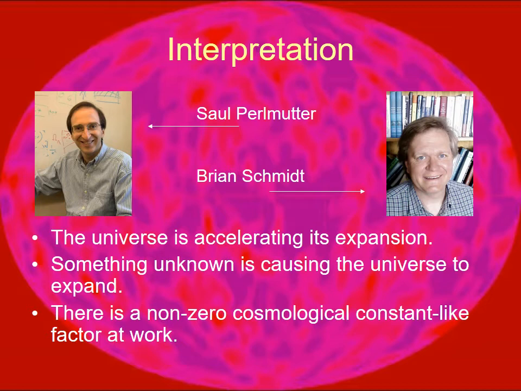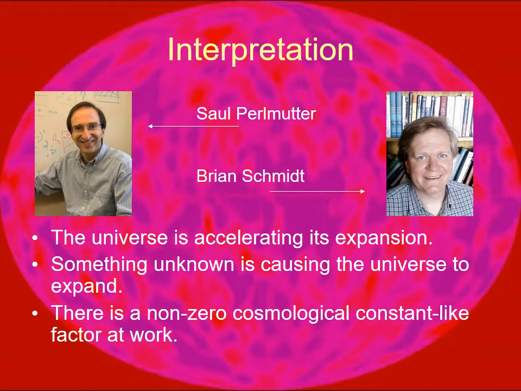Well, they realized, go back to what Einstein did with the Friedman equation. He stuck that extra term in there to balance the universe. If the extra term is exactly right, it balances the universe, you get a static universe. But they realized, wait a minute, that term could be something else rather than just right. You could still have that term in there because mathematically nothing prohibited that term being there.